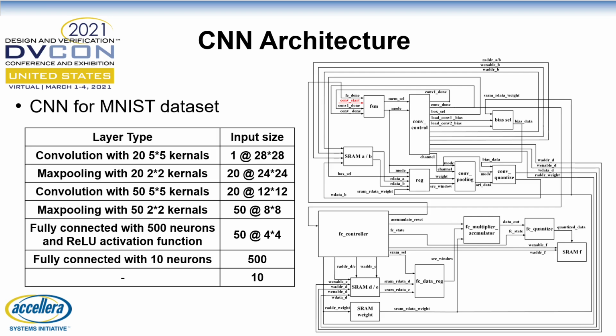At the beginning, we bring out the convolutional neural network architecture of our succeeding Trojan design and verification experiment. The left figure shows the layer structure of the neural network. The CNN outputs 10 logits for each handwritten digit, and the class with the largest logit value is the predicted result made by the CNN. The right figure is our whole hardware CNN design diagram, and it can be separated into two parts. On the top of the design diagram are modules for convolution, and the bottom parts are modules which handle fully